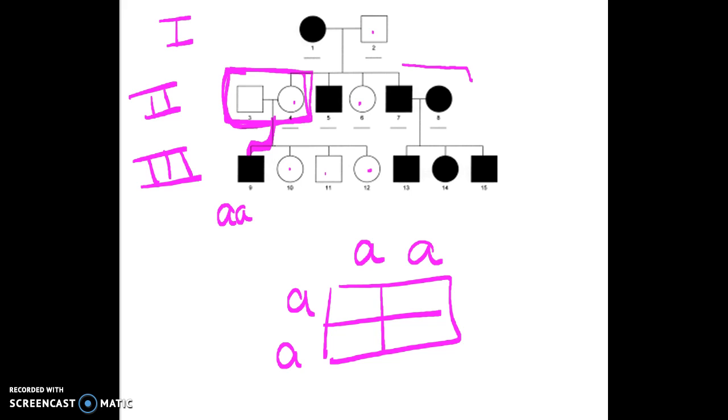And if that is the case, and I fill in my pedigree or my Punnett square box, I see that if I have 2 individuals who are homozygous recessive, the only thing they will get is more homozygous recessive. So there would be absolutely no way for these 2 parents to give birth to somebody who is different than them. So we then do know that it has to be basically the opposite, that the open circles are going to be,